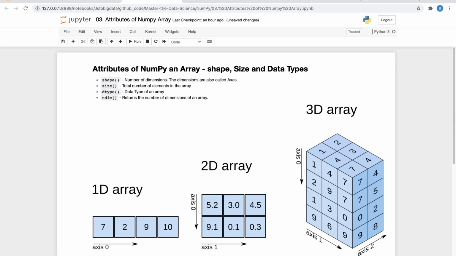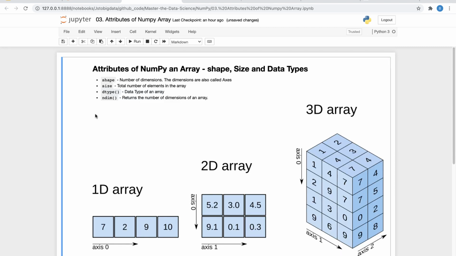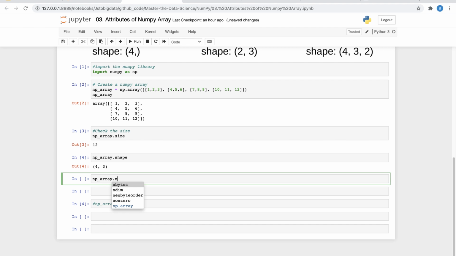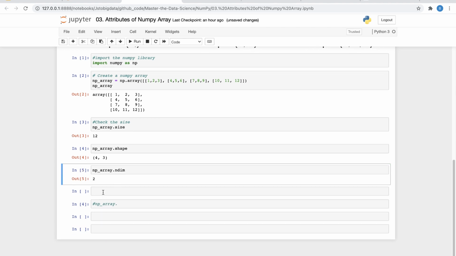That will give you the shape of the array. Let me just quickly correct this shape and size. And similarly, if you want to check ndim, .ndim is nothing but the number of dimensions that your array has, that will give you the result as 2, right? That's pretty much about it.